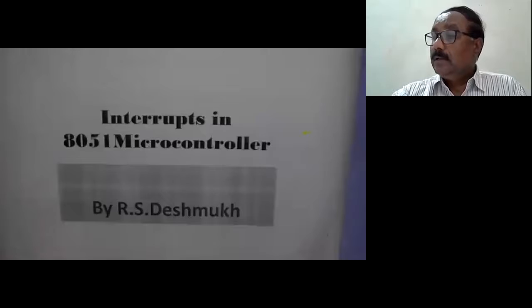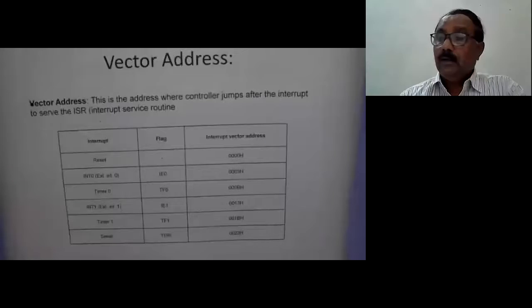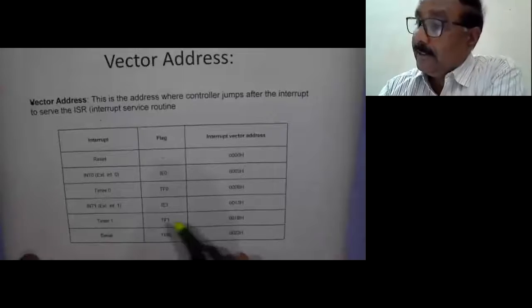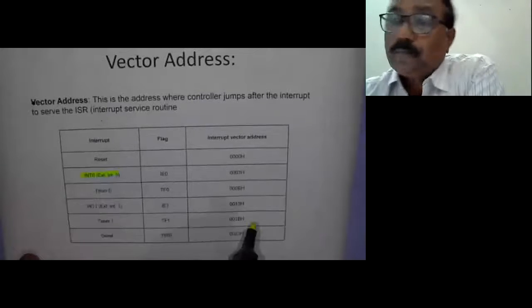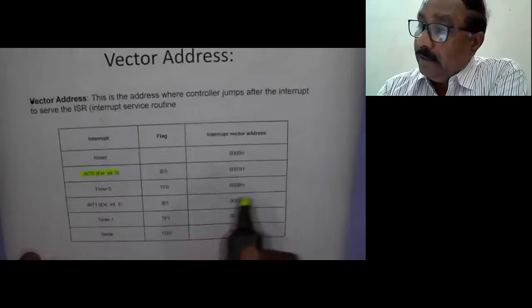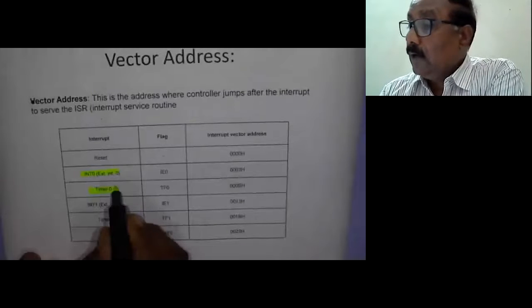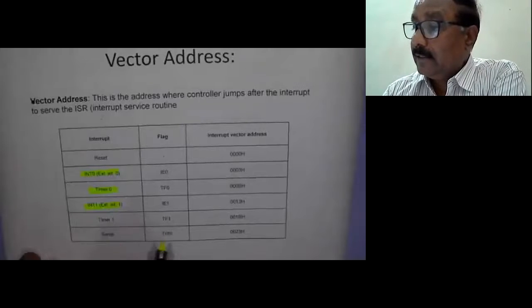Now there are some other interrupts in the case of microcontroller. Let us see these interrupts. This is INT0, the external interrupt. Then for timer 0, there is another interrupt. This is a software interrupt. INT1 is again an external interrupt.